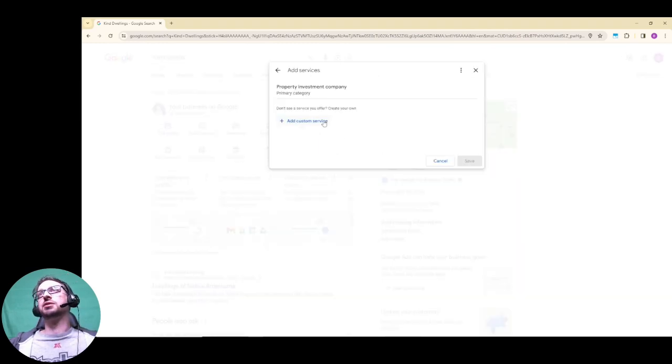Services is actually super important. In this case, we don't have anything listed, and off the top of my head, I'm even struggling to think of what I would list as a service for a real estate investment company, but for the sake of example, if I was working with an HVAC contractor, this is where I would want to